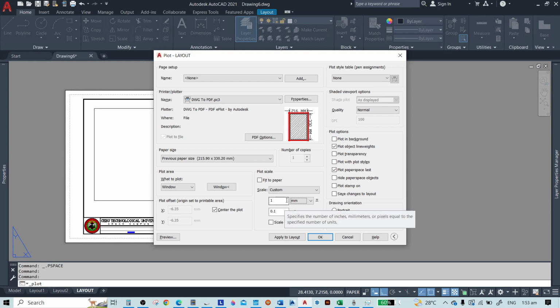So it is better to use the metric system in the settings. Now as you can see here in the unit, it is 0.1.